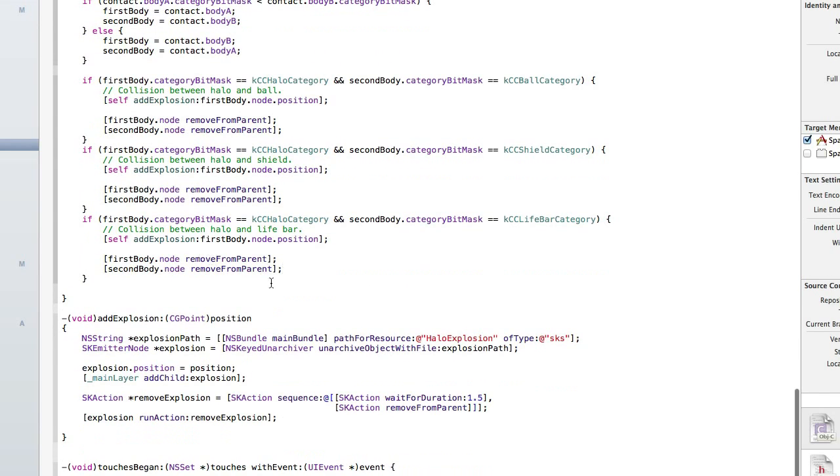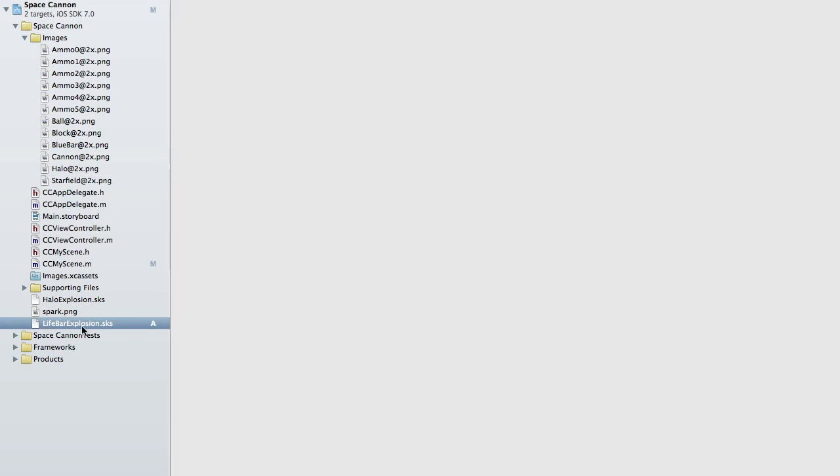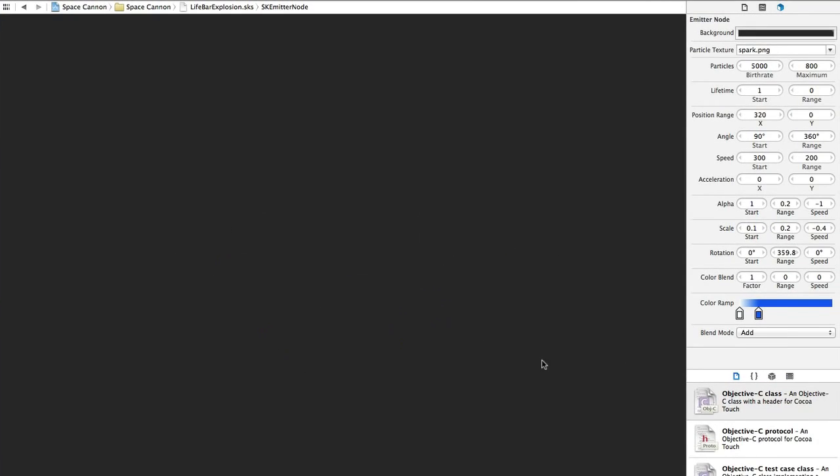So that's all good. But one thing that I want to do here is I've actually created a new type of explosion that I want to add for the life bar. So let's have a look at that. So this here, I've just created the explosion using the Spark template, and I've set a few values in there to get it looking how I want. But the main thing that I've done here to get this spread across here is to update the position range to be 320, so the width of the screen,